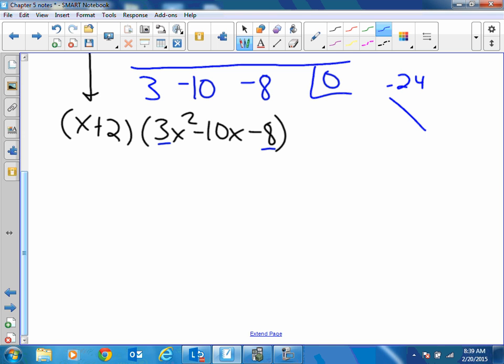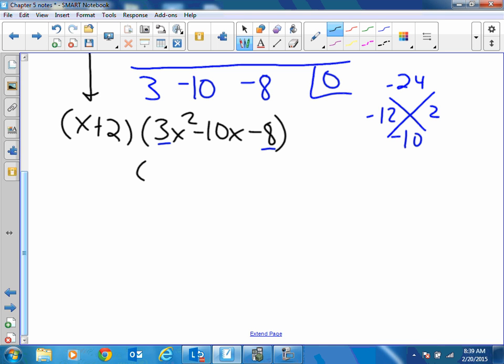Negative 24, that adds up to negative 10. Anything that works? Negative 12 and 2. That works. Negative 12 times 2 is negative 24. Negative 12 plus 2 is negative 10. So we can rewrite it as,